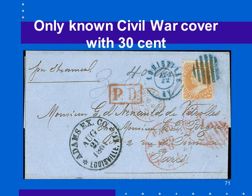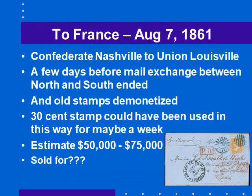Another interesting stamp. It's the only known Civil War cover with that 30-cent Franklin stamp on it, and it's got enough postmarks on it to tell the whole history, because it's going to end up in Paris in the end. It's a 30-cent rate to get to Paris. And it goes from Confederate Nashville to Union Lewisburg on August the 7th, 1861, just as the Civil War is beginning. And it was just a few days before the mail exchange between the North and the South ended, and